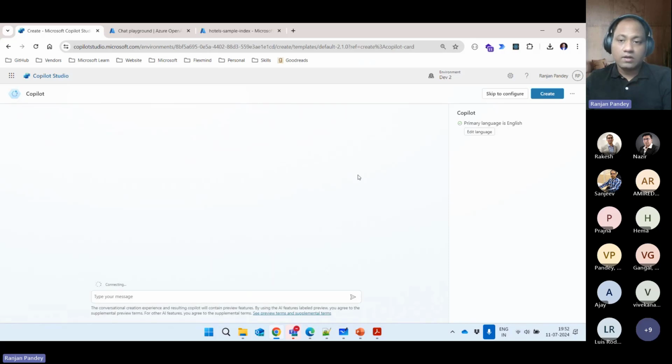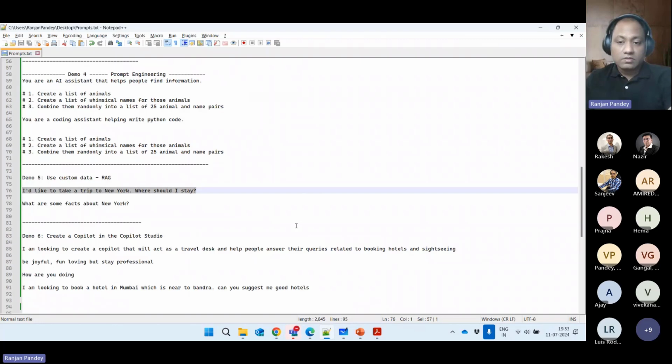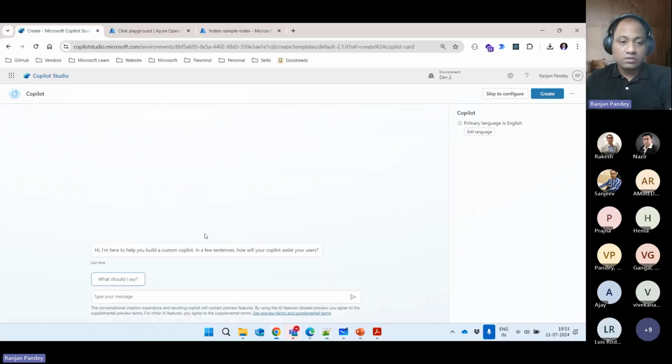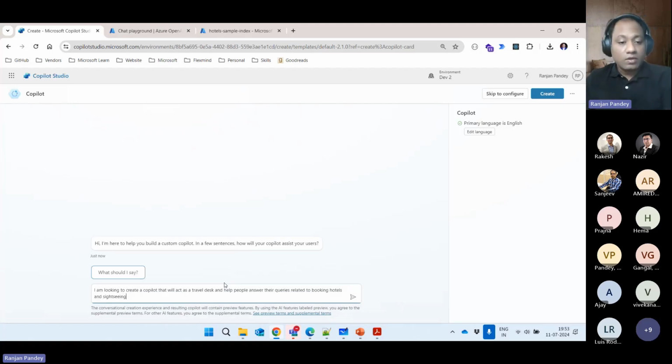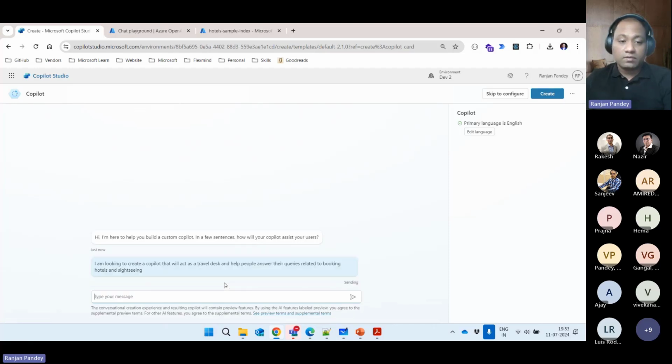Here we can create a new copilot. When you say go ahead and create a new copilot using Copilot Studio, it asks what it should say. Once again I'll give some instruction. You see that it is using LLM capabilities to provide a skeleton of the custom copilot you're looking to build. I can say I'm looking to create a copilot that will act as a travel desk and help people answer their queries related to booking hotels and sightseeing. Once I give this,